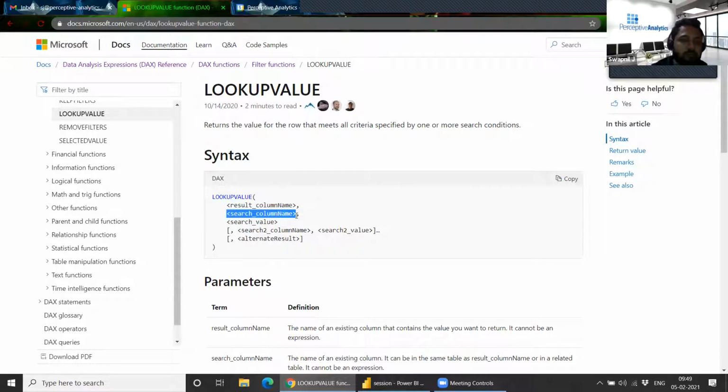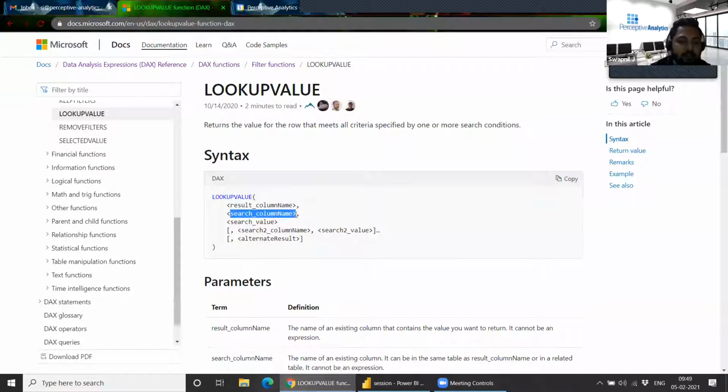By search column, I basically mean, let's say you have two tables, and both of them have ID as common. Or we can take the example of a customer table and a salesman table. I want to find the customer name from the customer table that is associated with a salesperson. So I can give the customer name here.